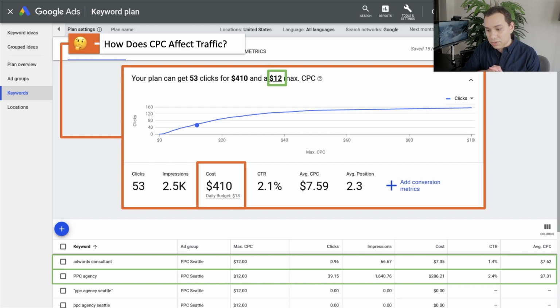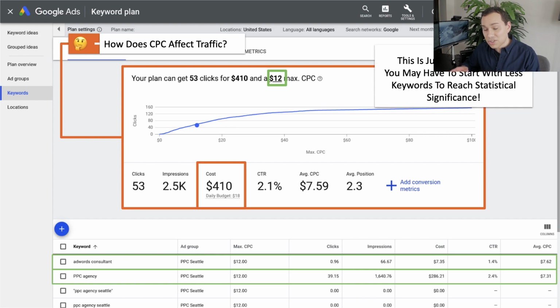Now, something that's very important to note here when you're looking at your keywords or you're doing this in the ad group section is this represents just one ad group. So you also have to keep in mind how much you're willing to spend over the first couple of months. So you need to make sure that you're not going after really expensive keywords. If all your keywords are expensive, which in this niche it is, you may have to make a really tough decision on either not having as many campaigns or just going after 2 or 3 keywords per month, because you do need to get to statistical significance, which is very important. If you're only getting 53 clicks over a 30-day period, it's going to be very hard to optimize your ads and landing pages or websites for conversions.